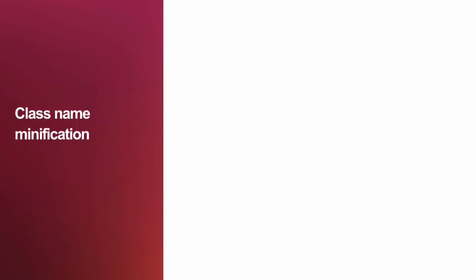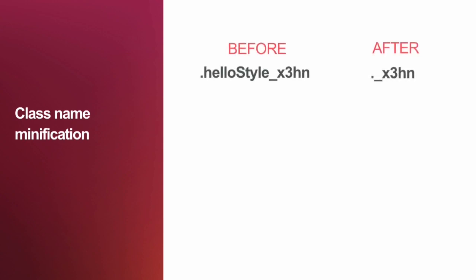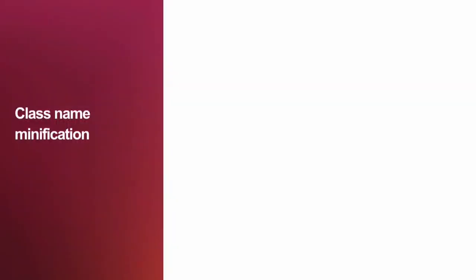Finally, we did one more thing, class name minification. Originally, our class names looked like this. And then after minification, we got them to look like this. It's like hello style was what was in code. And then after that is a hash that's appended automatically by Aphrodite. And we added this as a feature to, oops. Sorry about that. Anyway,